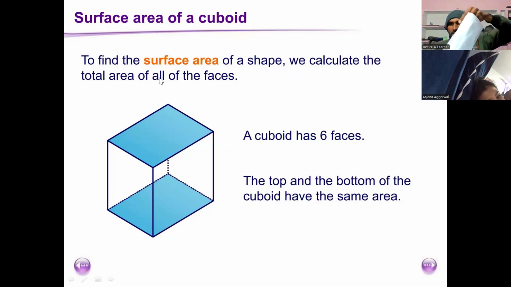Are you getting my point? So this has now become cylindrical. But we must remember this must join here directly. So the surface area for this cylinder